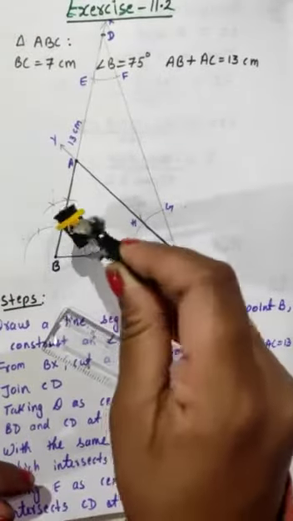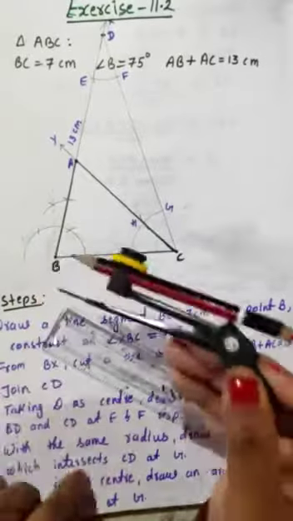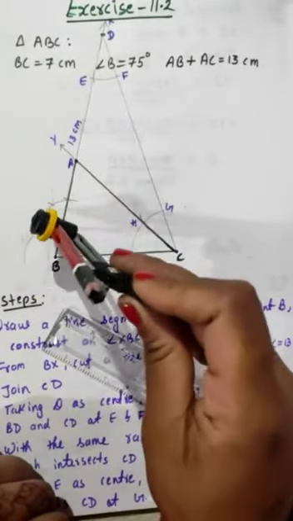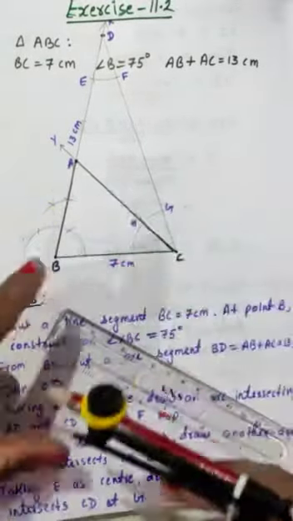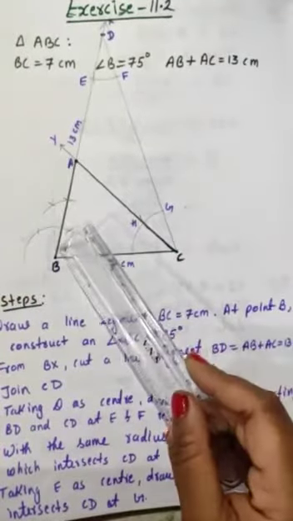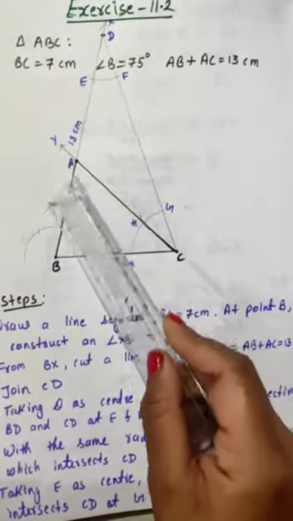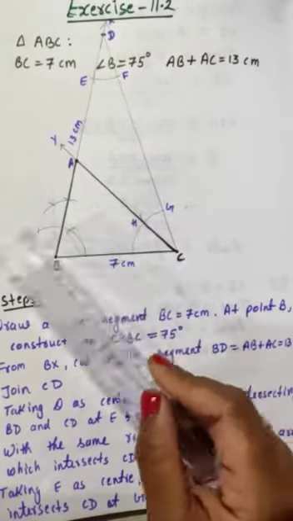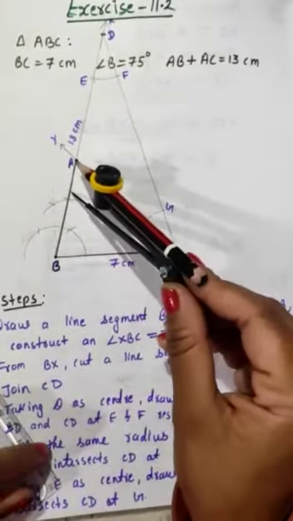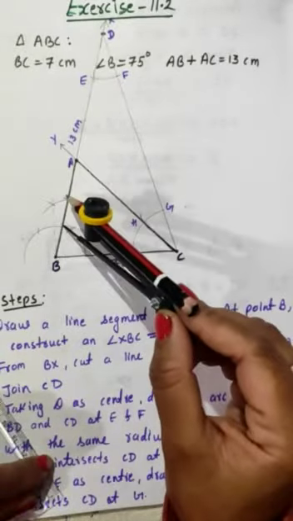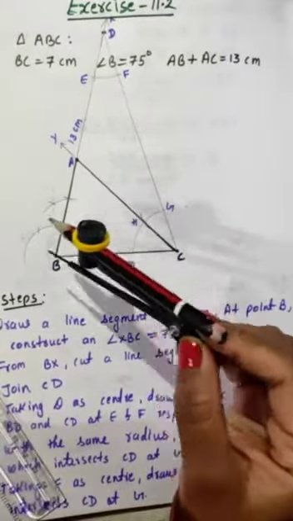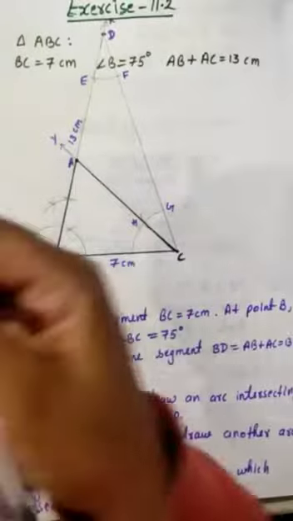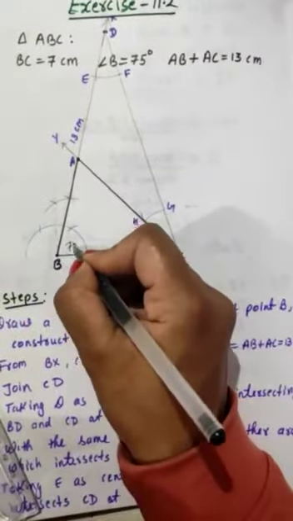Then from here, this first one is 60 degrees. Then you will draw another, it will be 120. Then you will draw 90. You can see over here I have drawn a line which shows 90 degrees. Now between 60 and 90 the angle is 30 degrees, so I have bisected this angle and it has become 15 degrees. So 60 plus 15 will give you 75 degrees. So this angle is 75 degrees.